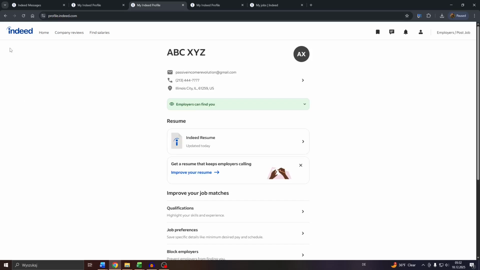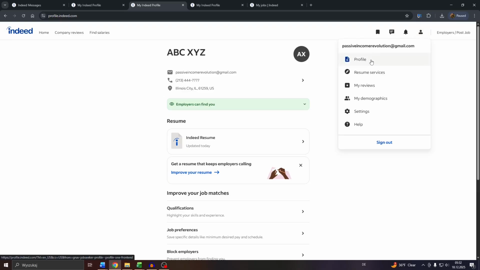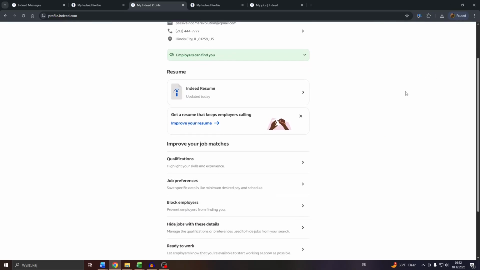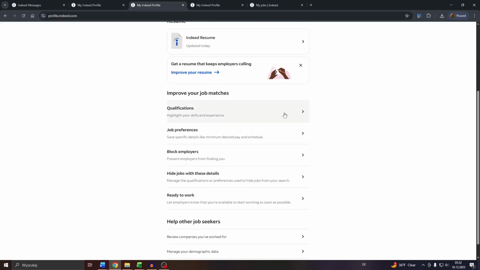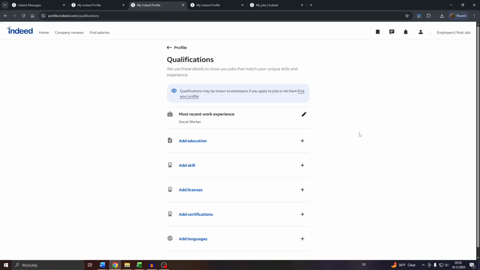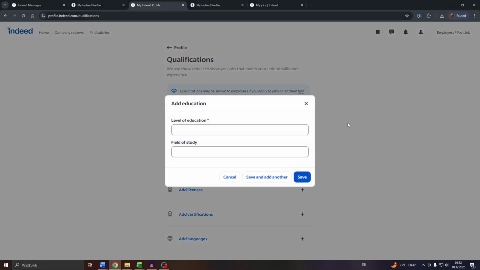So guys, head over to Indeed.com, log into your account, and click on your profile icon at the top right and select profile here. Next, scroll down and here click on qualifications. Next, click on this second uppermost option, which is add education, and simply enter level of education, like